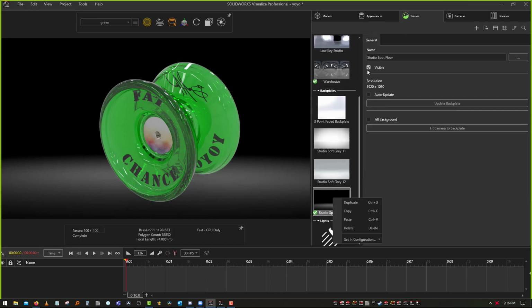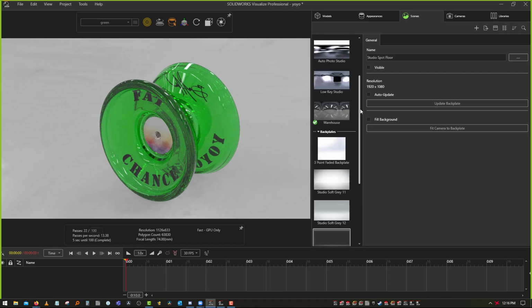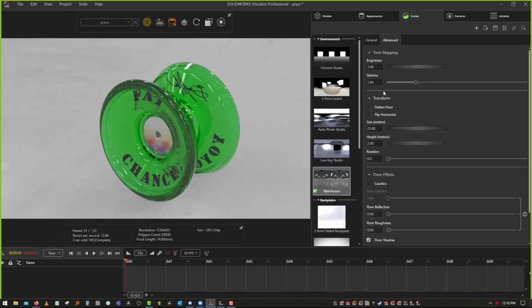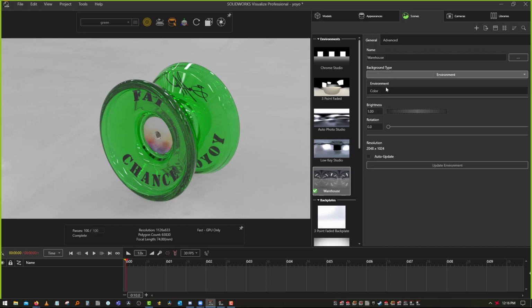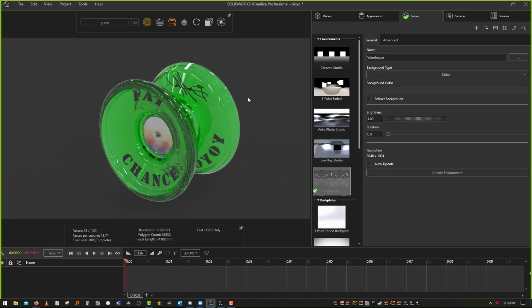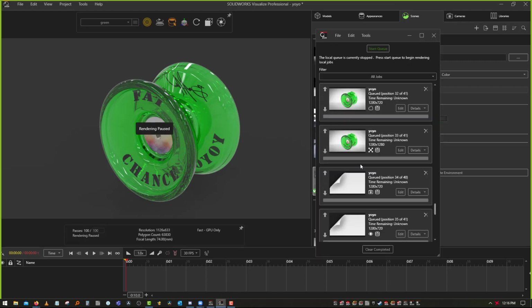And I just make the warehouse a flat color instead of using the environment. Make it like a soft gray. Send to queue. But the idea here is that when you're done, and I hope I'm painting this picture correctly,